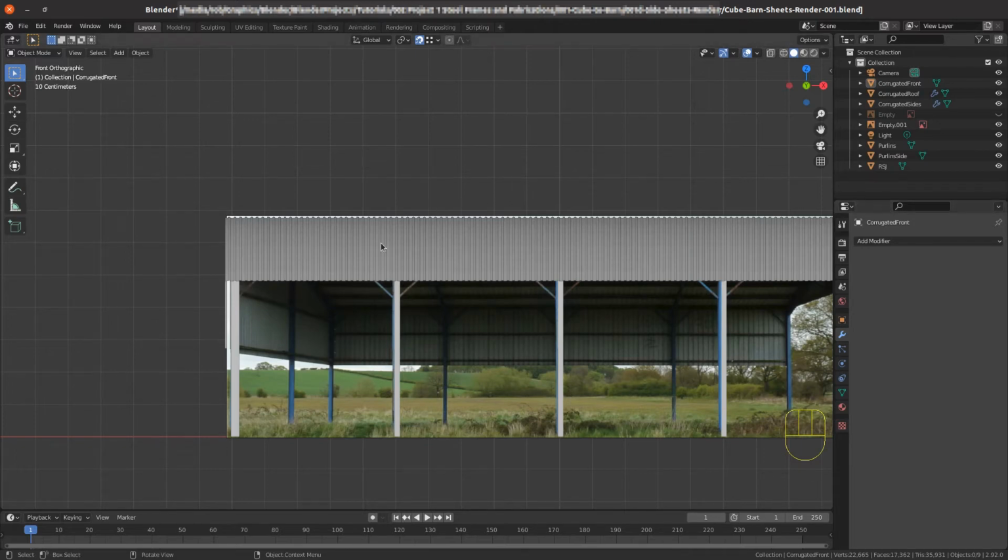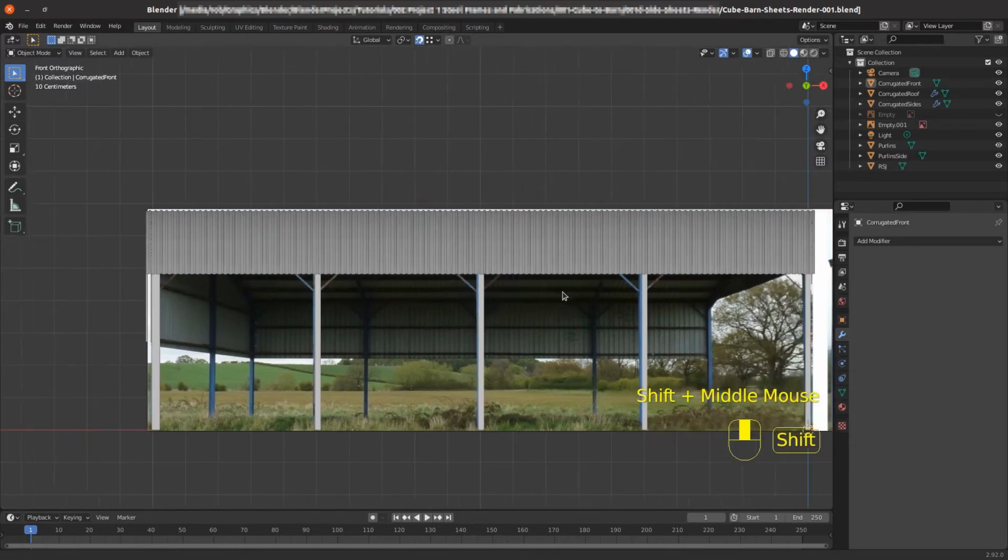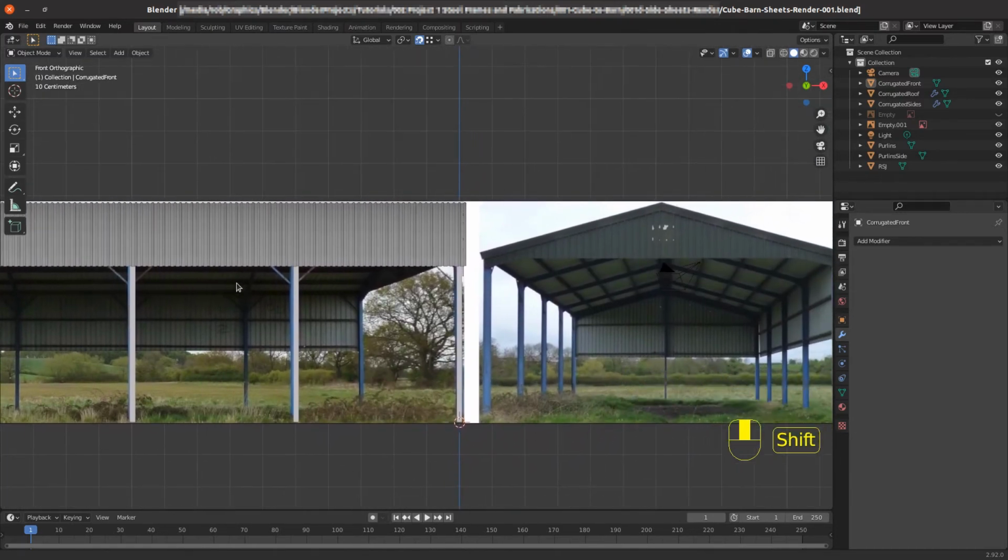So we'll do that next. I'm going to reuse a vertex from one of the existing objects so that everything in the project has originated from the original default cube. We could just add a cube object and work from that, but just to keep it in line with the name of the project. So first of all, I'll just press Shift, middle mouse button, and drag the scene across